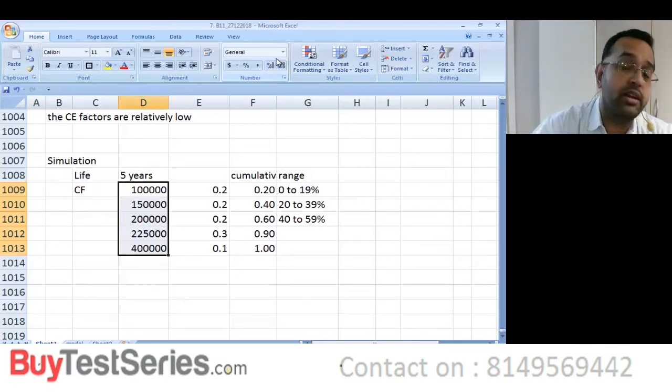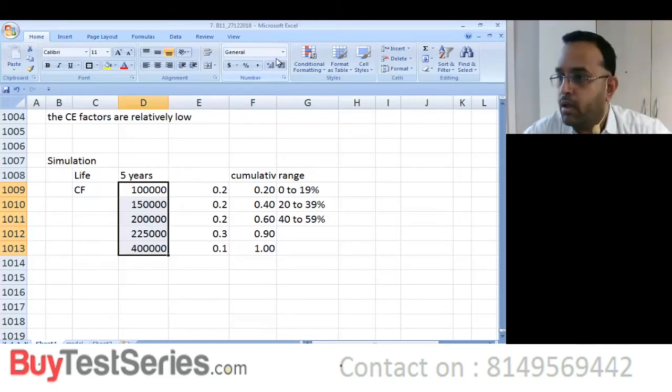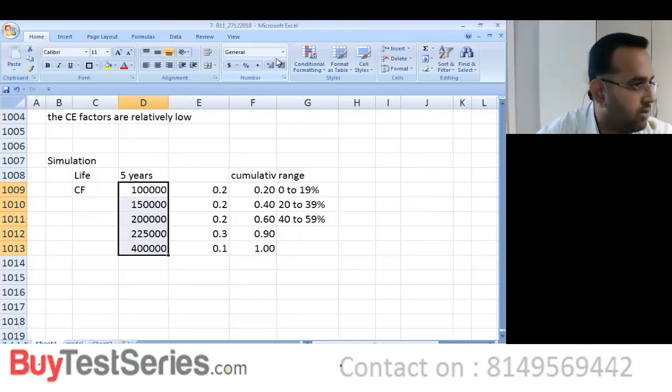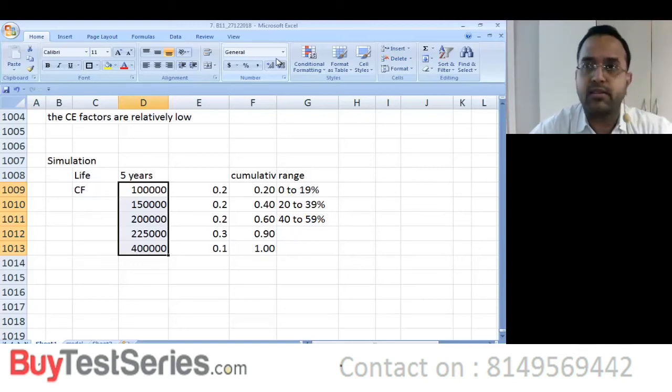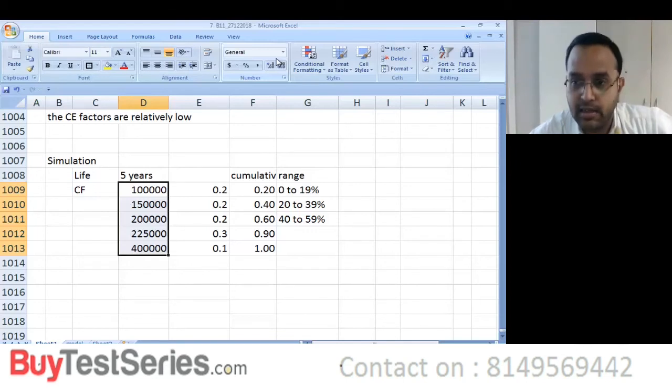Is simulation used in real life scenarios? The answer is yes. I have seen many models, financial models, where they do simulation. If inflation goes up by X percentage, oil prices fall down by Y percentage, then what will happen to the share price of my company? There are simulated models which are available. These are very patented models. I've seen a model by name CROCI, cash return on capital invested. That's a model which is patented by CRISIL. It's CRISIL's model. They have the simulation factor in it, right?